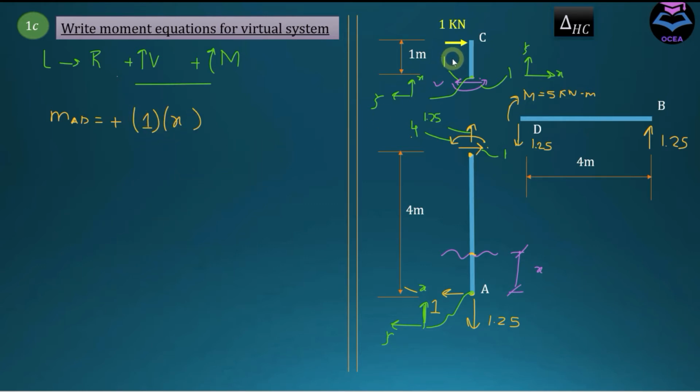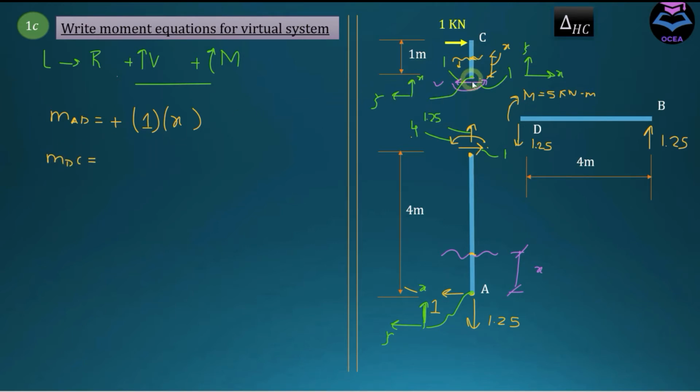Now we are going to write the moment equation for this member. Cut a section here, name it as x, and then stand on this section C on the left hand side. Take the algebraic sum of all the moments. So MDC